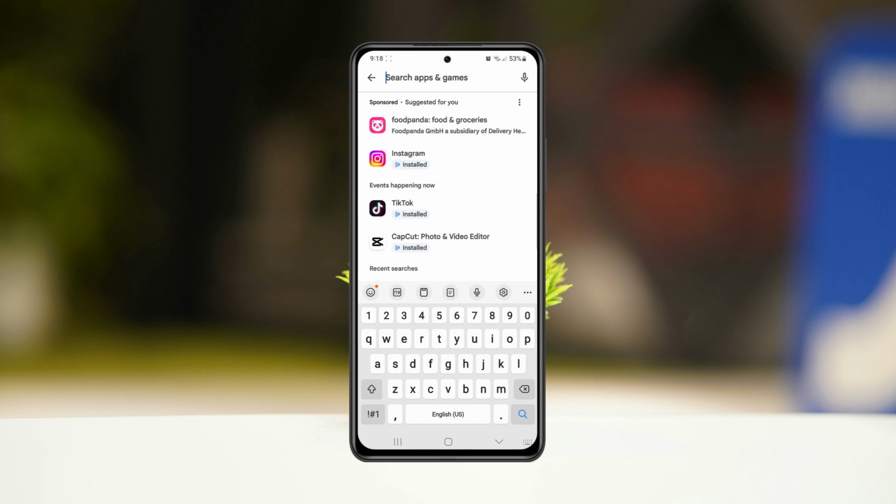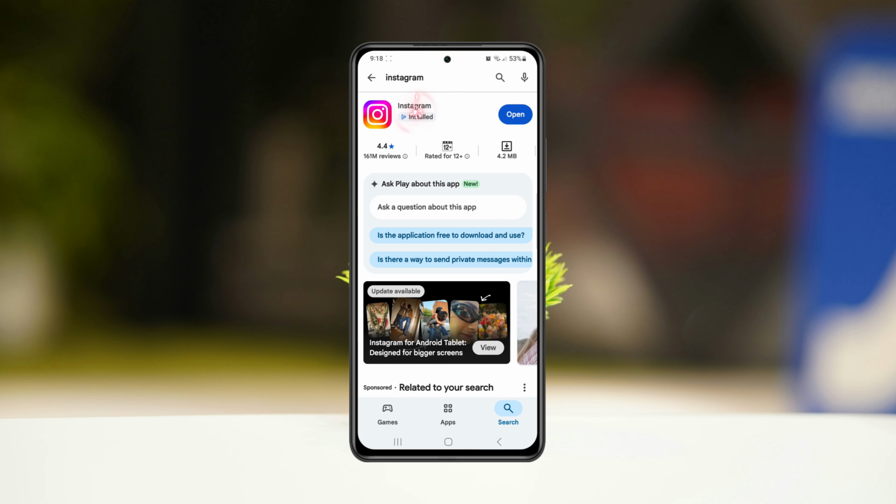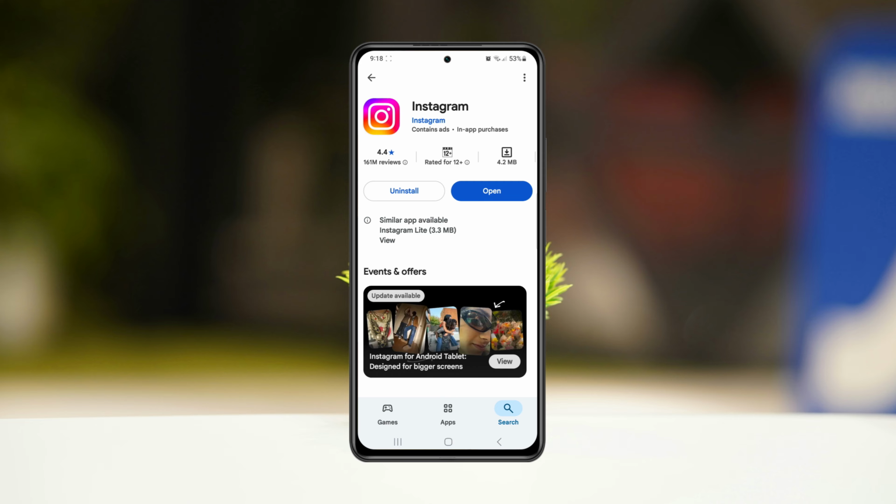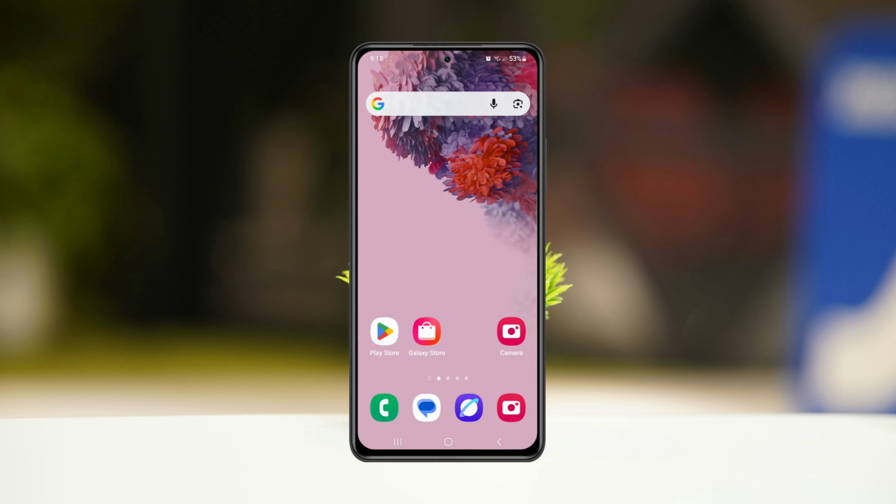for Instagram here. Go and tap on Instagram, and if you find any pending update, go ahead and update your Instagram application to the very latest version. And once you do that, you're pretty much good to go. Just go ahead and restart your phone once. And once you do that, most likely your problem is going to be solved and your unsend button will start